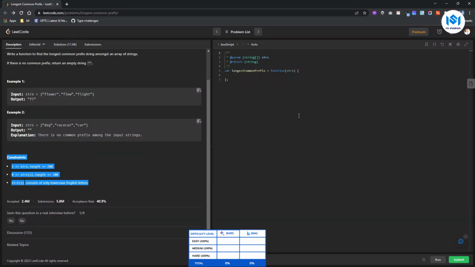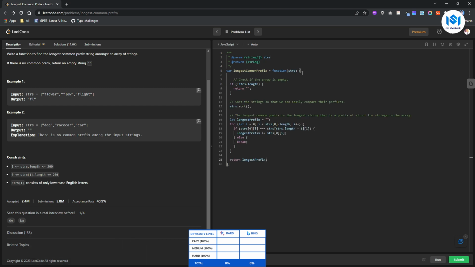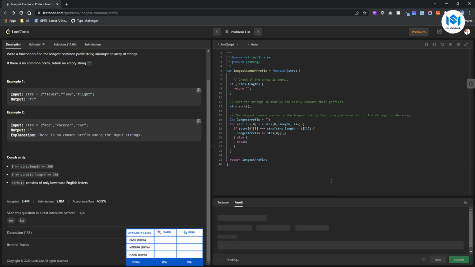I'm going to open leetcode. Looks like, yeah, the function name is the same, the argument is also the same, so I'm going to paste what is inside it, and I'm going to try and run this. So looks like Bard was able to get it correct. There were two test cases. All the two test cases passed.